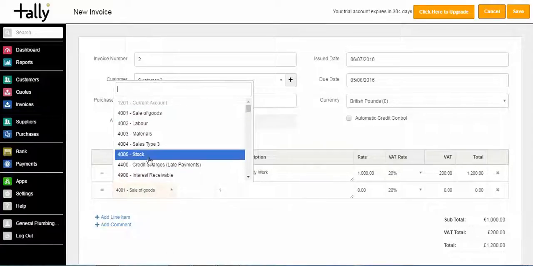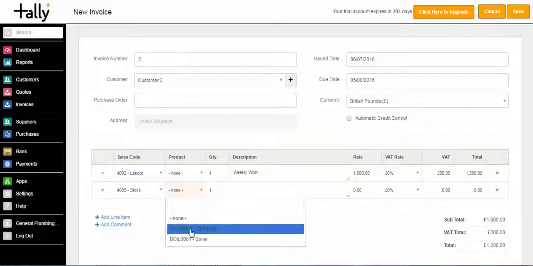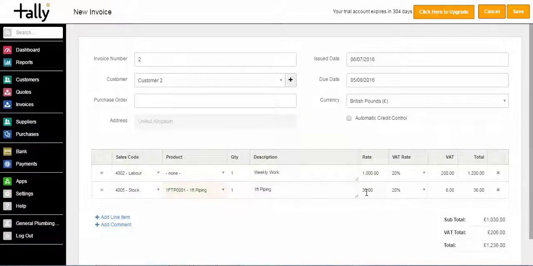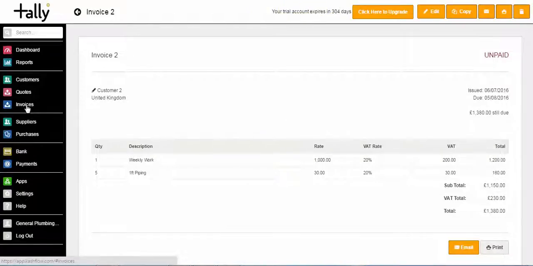You notice I've got one in here for stock, so we can do stock control as well, and then you can choose your products from a list. The information will come through. I can say, right, that was 5 foot. It will calculate all the gross and the net values for me, and it will deduct those 5 quantity items from my stock as well. All I then need to do is press save, and that invoice has now been saved in the system for